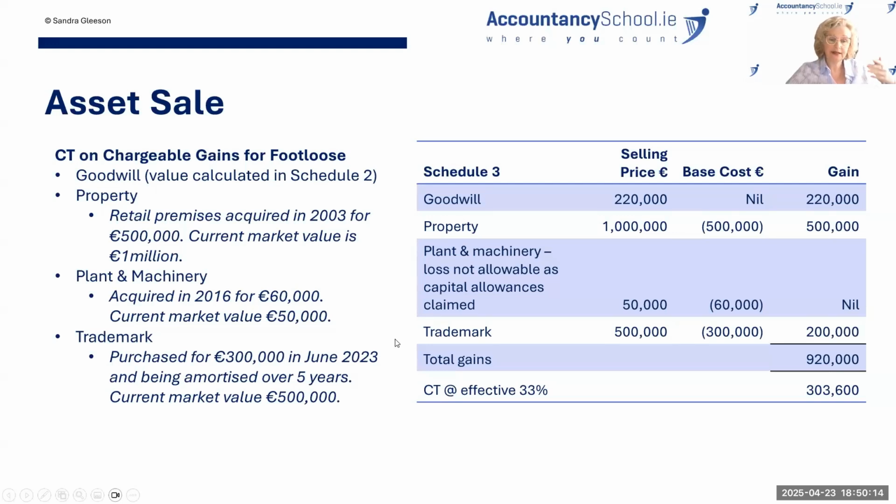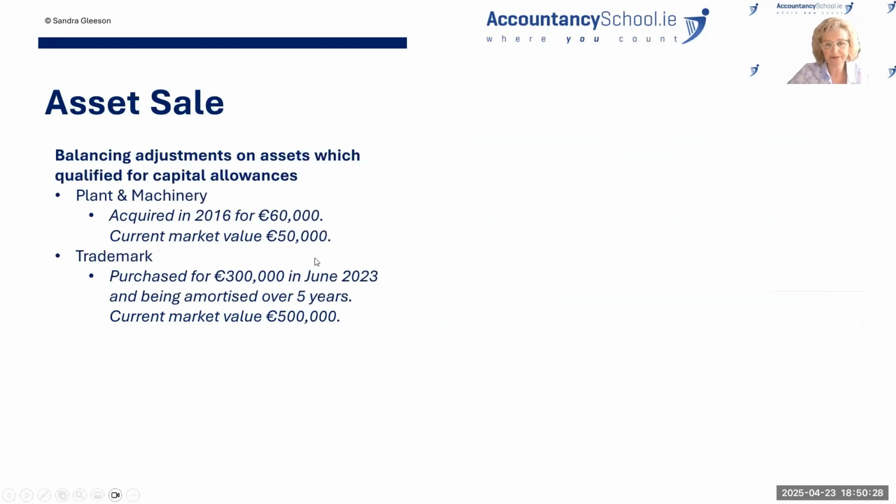Before we start looking at, well, what's the net after tax proceeds for Footloose, there are still some other taxes for us to calculate. So let's move on to the corporation tax implications of disposals of the assets on which capital allowances had been claimed. We've got the balancing adjustment on your plant and machinery. It was acquired in 2016. 2016 is more than 8 years ago. So all of the tax written down value has been reduced to nil. And the current market value of 50,000 minus nil tax written down value